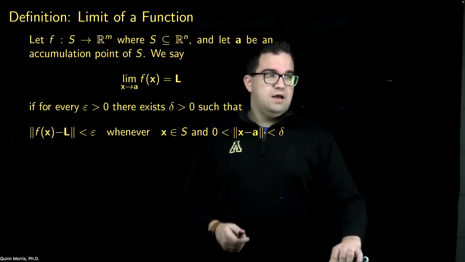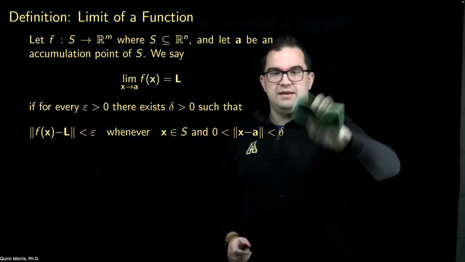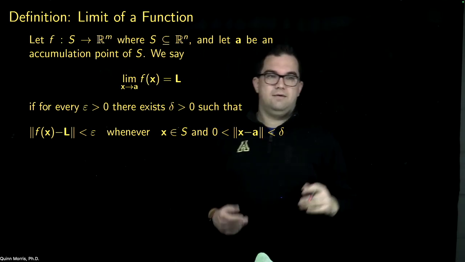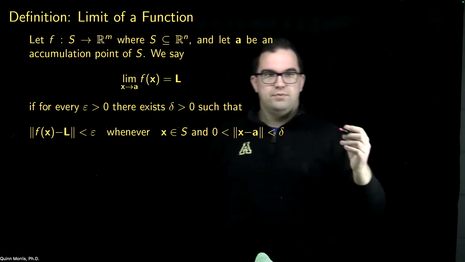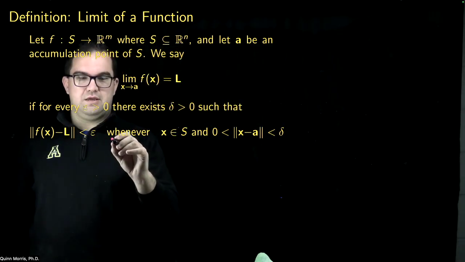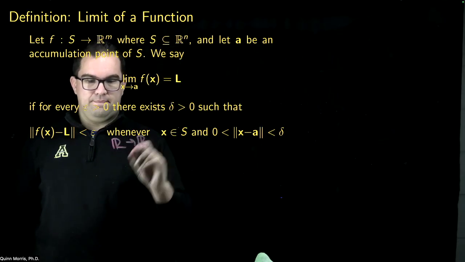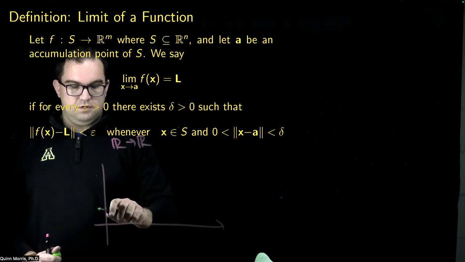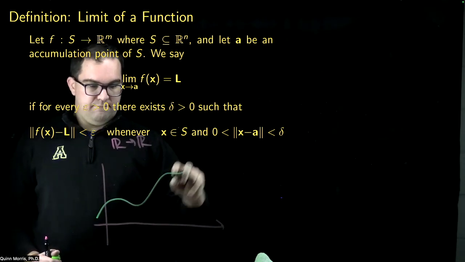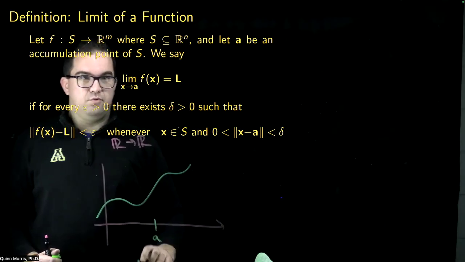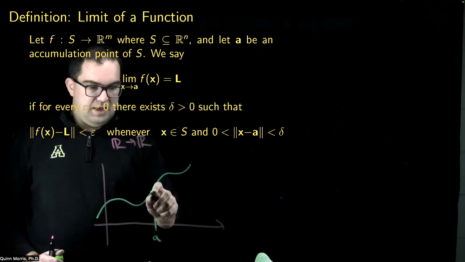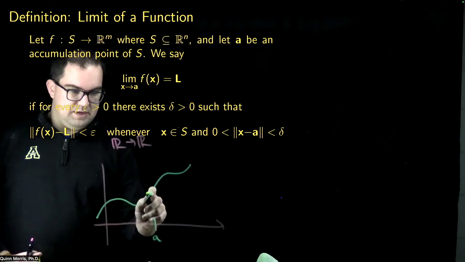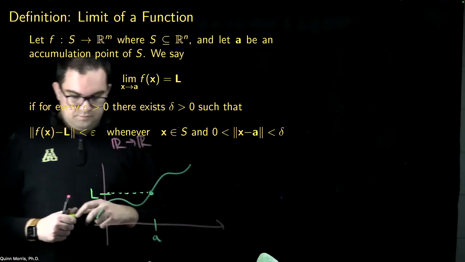Now, if we think about drawing pictures here, it does get a little more difficult because we are working in multiple dimensions. So the typical picture we drew, if I was just thinking about a function from, say, R to R, sort of what we would often think about is, okay, I have some function, and maybe I'm taking the limit at this point A here. And the idea was, well, if the limit is in fact going to be, say, this value over here, L,